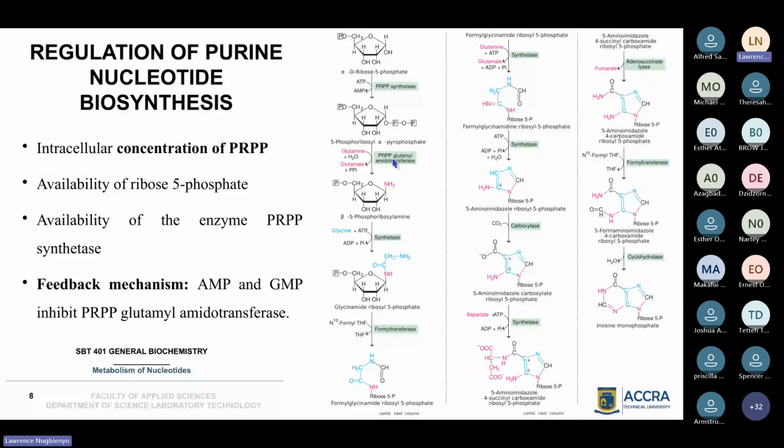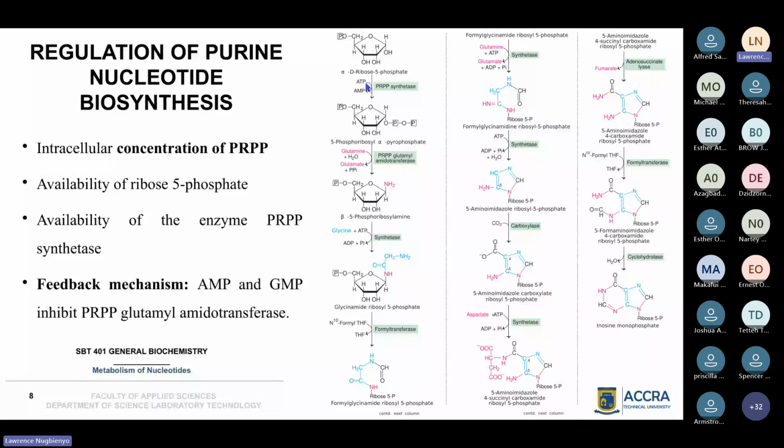What it means is that less adenosine triphosphate is going to inhibit, because it means that much of the adenosine triphosphate had been used, so that there isn't enough energy